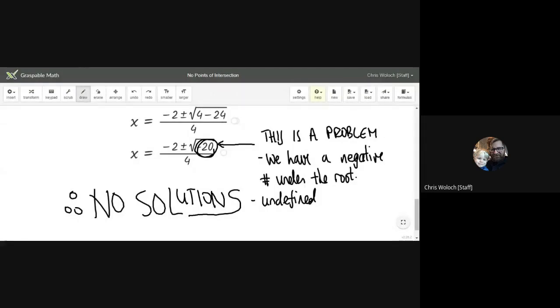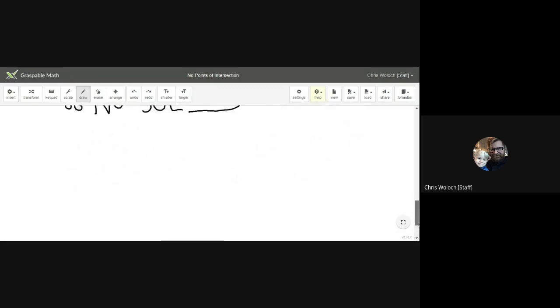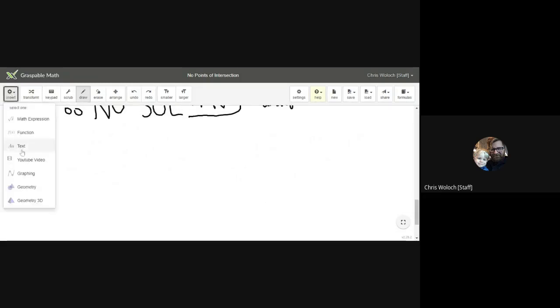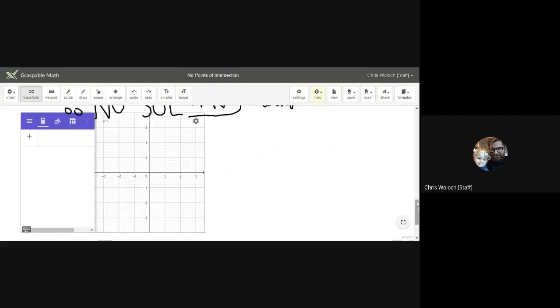So those were the three situations that we have. Right? We have a situation where I have 2 points of intersection, so you have to find 2 coordinates. A situation where I only have 1 point of intersection, which is a tangent, so that has 1 solution, or they never cross. And just like the last one, if I scroll down, let me just, if I want to graph it just to check,